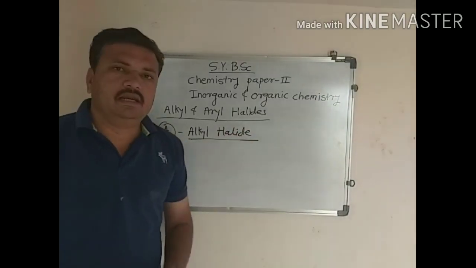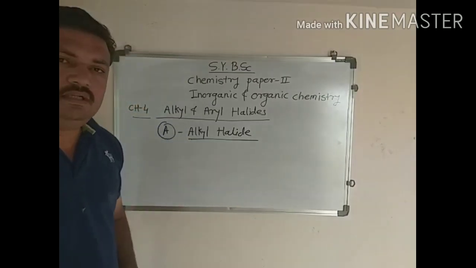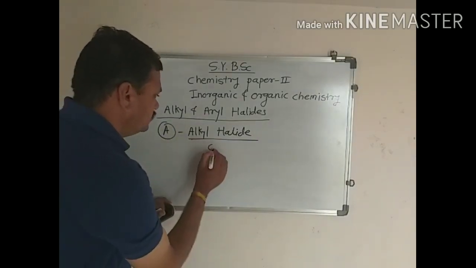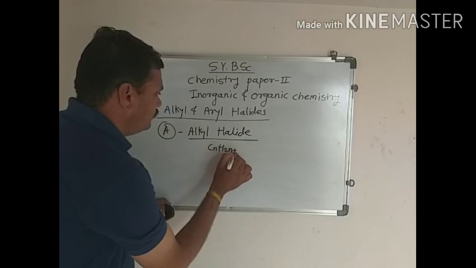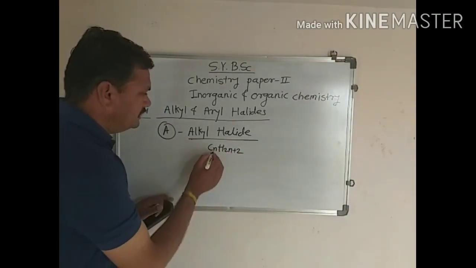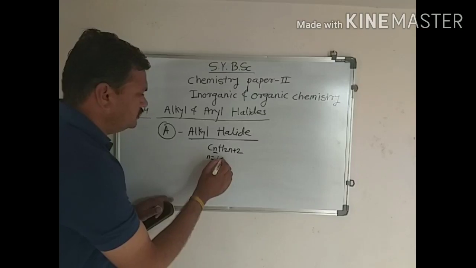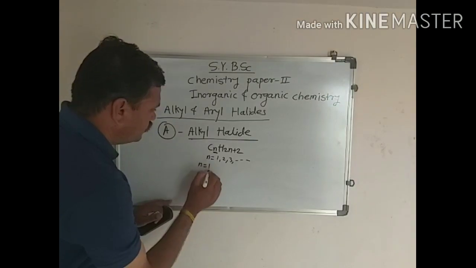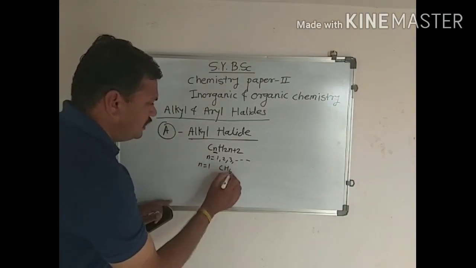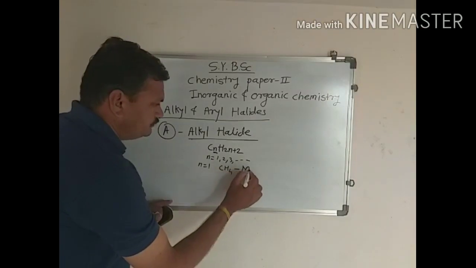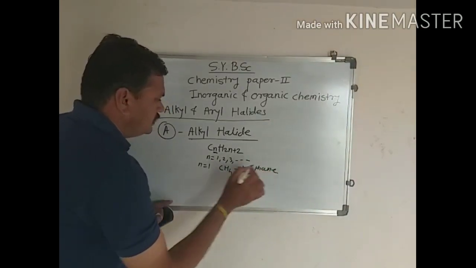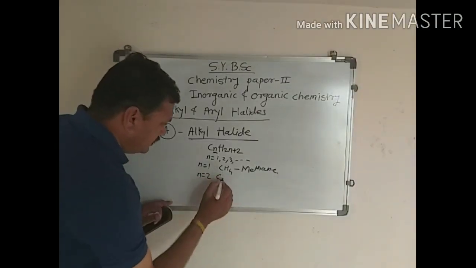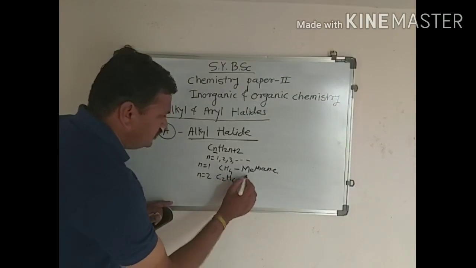Before going to start alkyl halide, you must know about alkane. What is alkane? Alkanes are saturated hydrocarbons having the general formula CnH2n+2, where n is an integer, its value 1, 2, 3 and so on. When we put n equal to 1, we get first member of alkane family, CH4 methane, and when we put n equal to 2, we get second member of alkane family, C2H6 ethane,